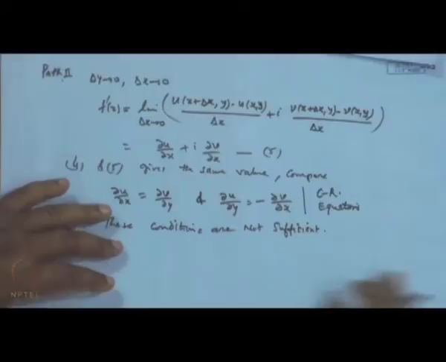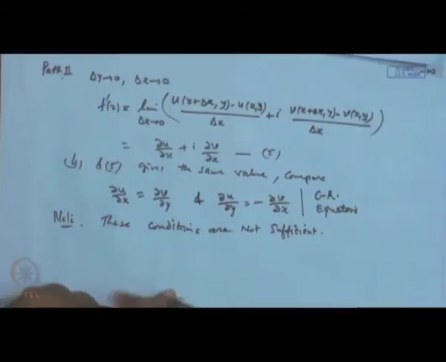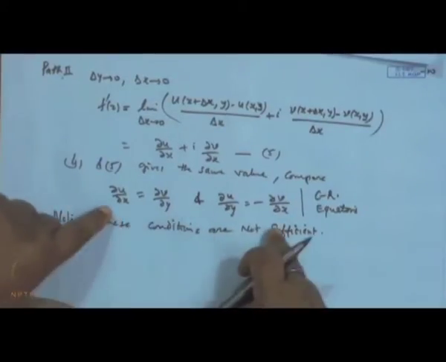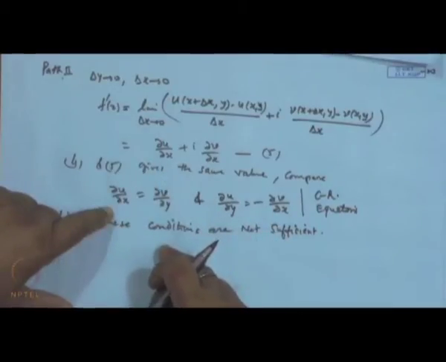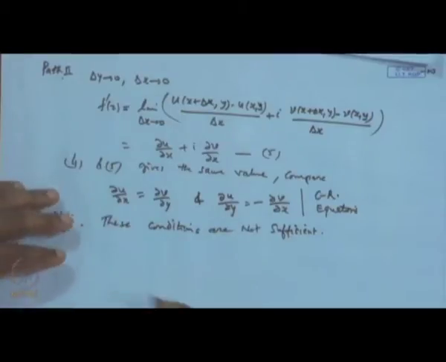The CR conditions not being sufficient means that for a function f for which the CR equations are satisfied at the point, but the function is not differentiable at that point, then obviously this will not be sufficient. For example,